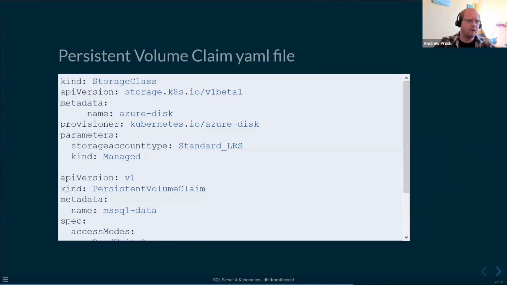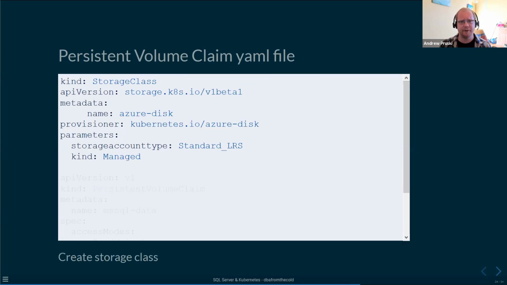So I mentioned that we can create persistent volumes dynamically. We don't have to specify and build them manually. And the way we do that is by creating something called a storage class. Now, a storage class is exactly what it says on the tin. It is a type of storage, or class of storage, that we configure within the cluster. And this example here is for Azure Kubernetes Service. So we have a type of Azure disk, provisioner kubernetes.io/azure-disk, and then we have some parameters: standard locally redundant storage, kind managed. So that's